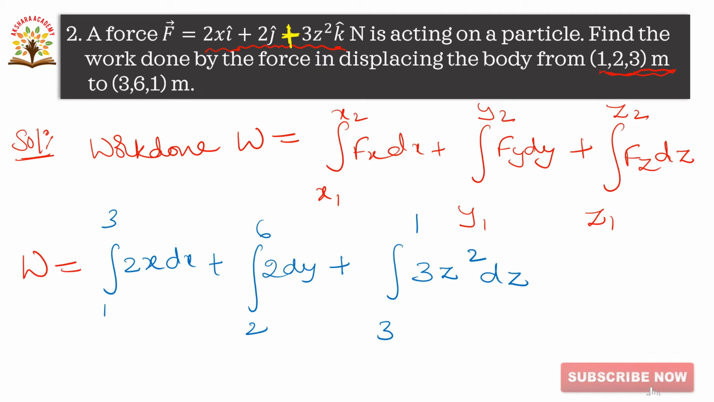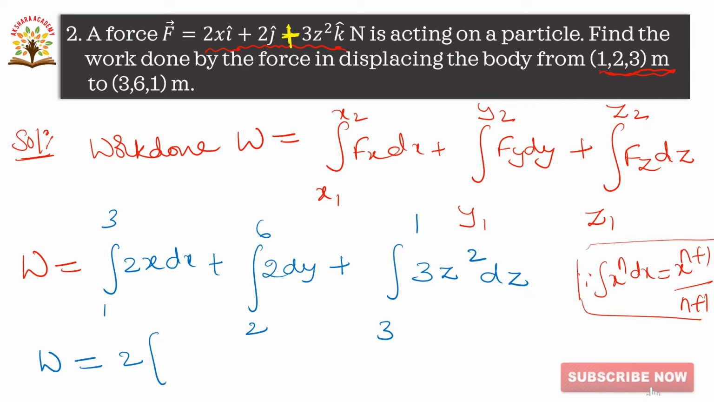Now we are integrating the work done: W equals 2 times the integral of x dx. Here, the integral of x^n dx equals x^(n+1)/(n+1). We are using this formula here. Now the integral of x dx, where nothing is written meaning the power is 1, is x^(1+1)/(1+1), applying the limits 1 to 3, plus 2 times the integral of